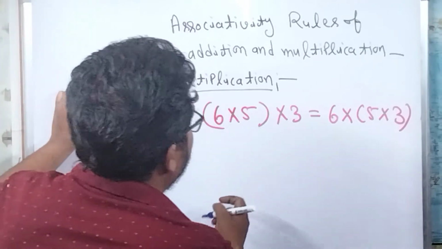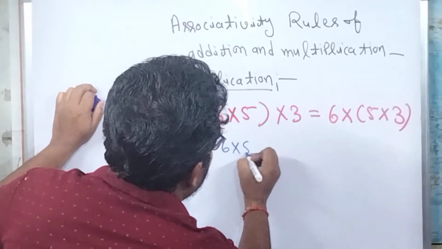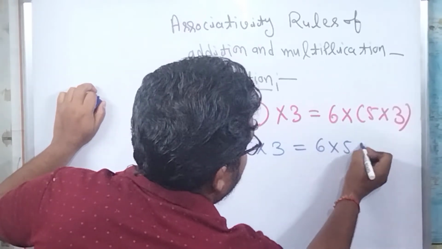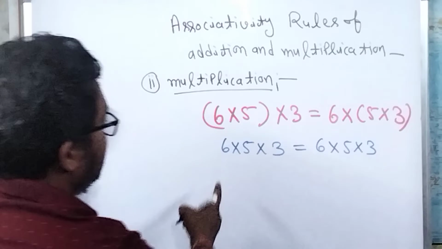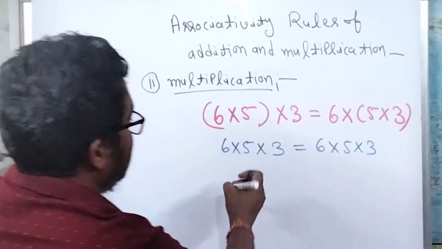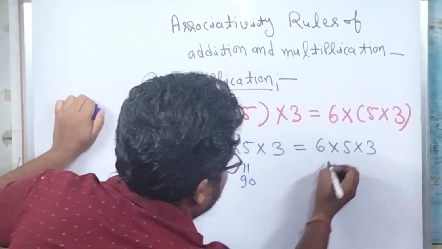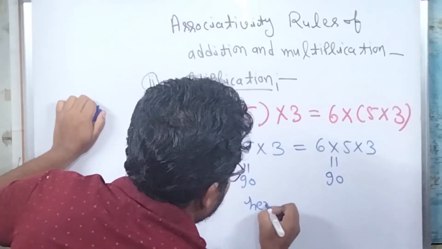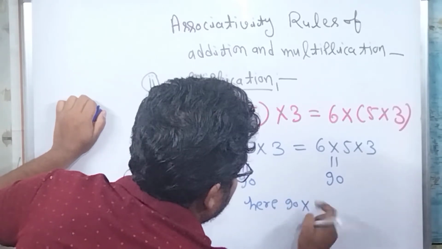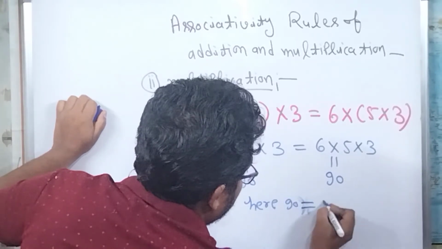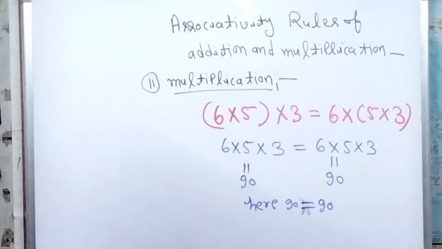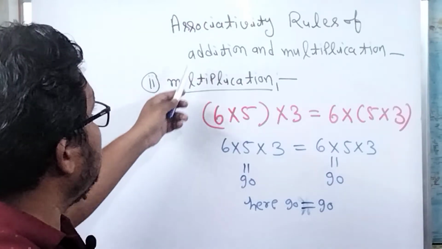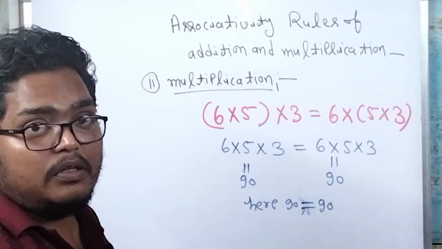We open the small bracket: 6 times 5 is 30, 30 times 3 is 90, so this value is 90, and this value is also 90. 90 is equal to 90. Then friends, both values are equal, so we understand that